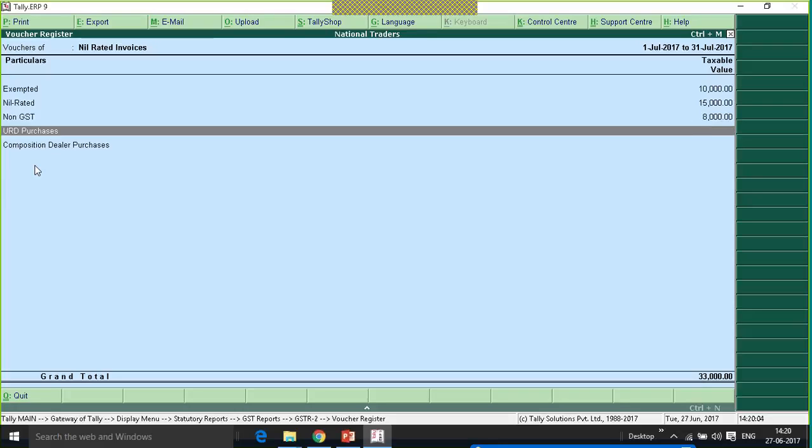Again, we have URD purchases. If I am purchasing goods from unregistered dealer and if the goods is exempted or nil rated, that value will get captured under this nil rated invoices against URD purchases, and the purchases from composition dealer will get captured here. So let me record these two transactions.